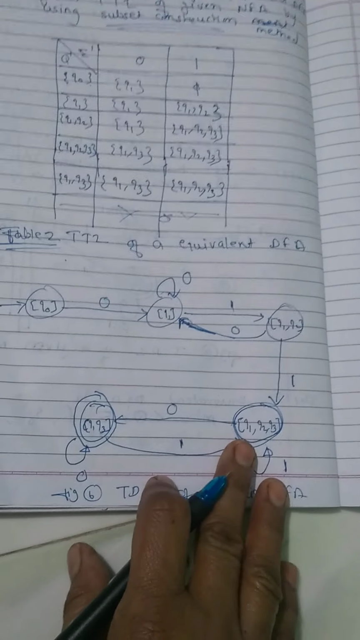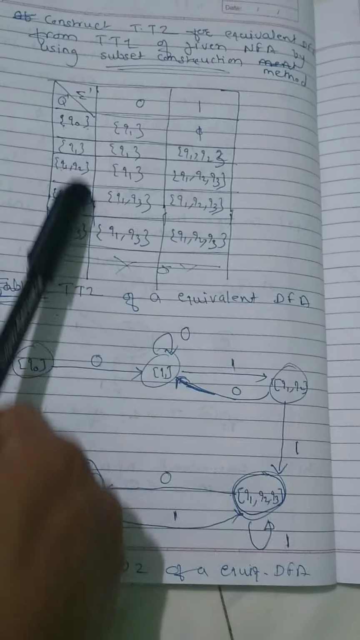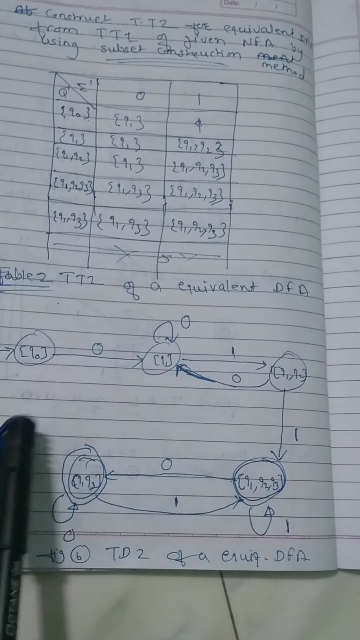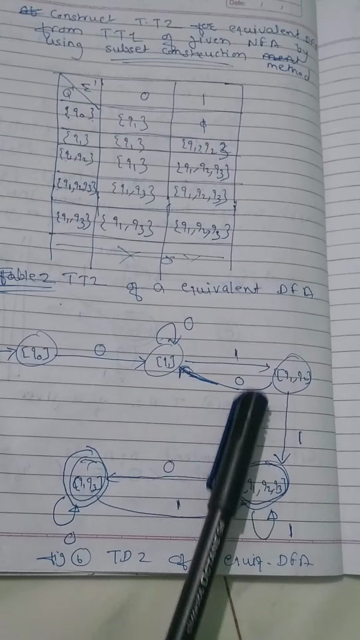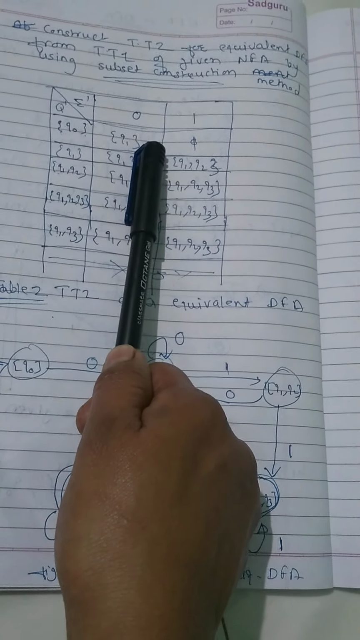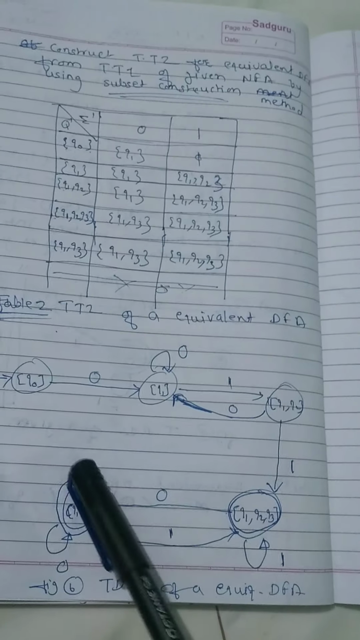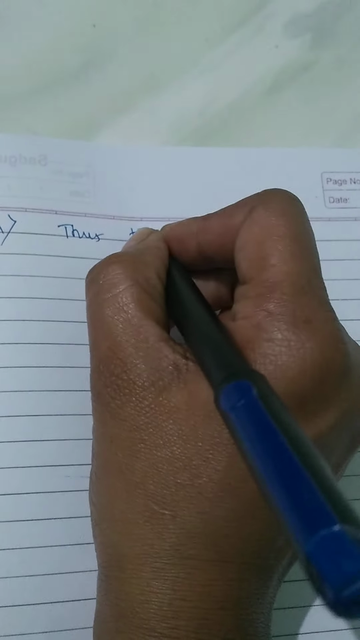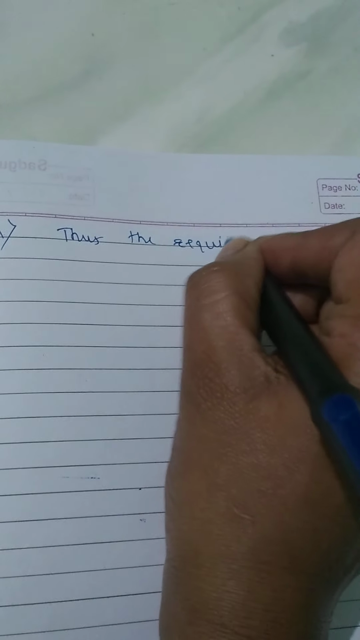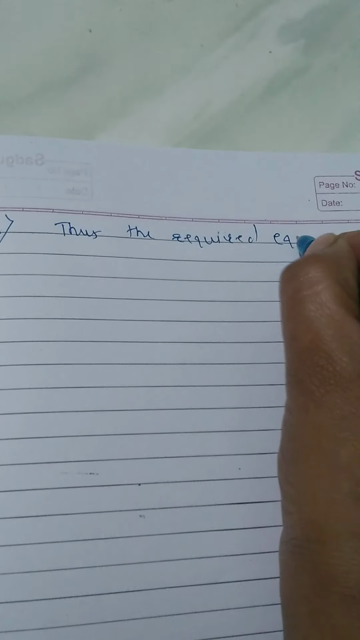Okay. So this method is known as the subset construction method. Whatever subsets you are writing here, those number of circles we need to draw, and the transitions from one subset to the given subset. Likewise complete the diagram, and the final answer is step 4. Thus the required equivalent DFA is